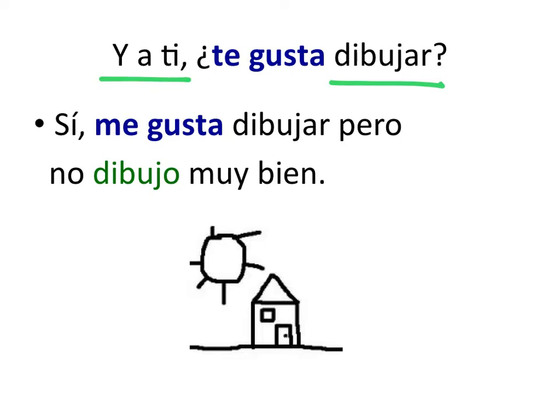But chicos, this verb functions grammatically completely different than the verbs on page 38 because really we're reading from right to left. What we're really saying is drawing is pleasing to you. That's really how this is working grammatically. Which is why, notice the ending of our verb is not as.